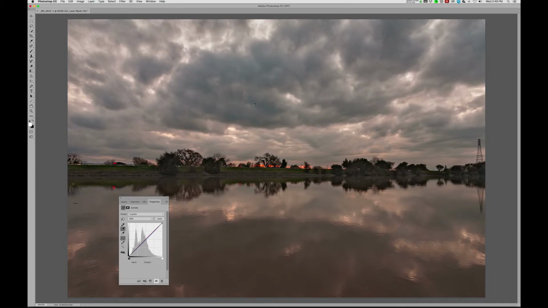That looks pretty good. Let's turn this on or off. Yeah, there it is. There's the blue, and there it got rid of it. All right, so now we're going to move back to layers, and we're going to get rid of this layer